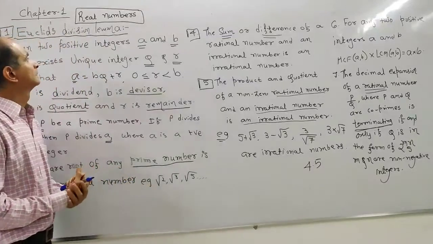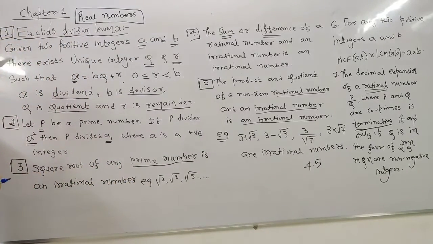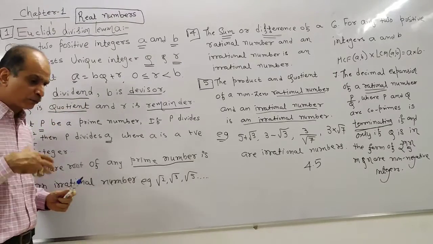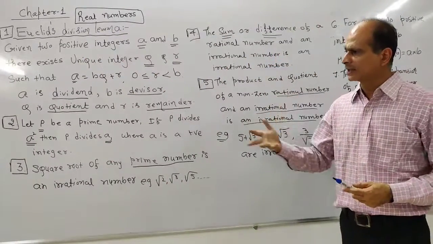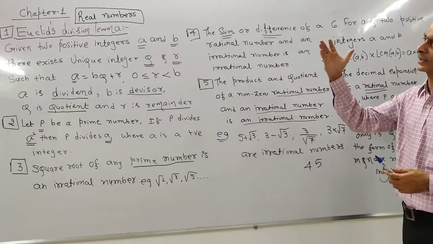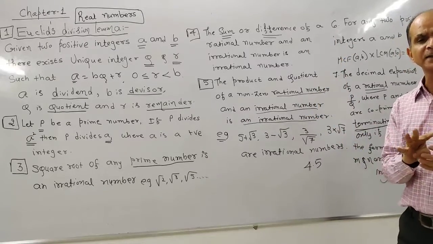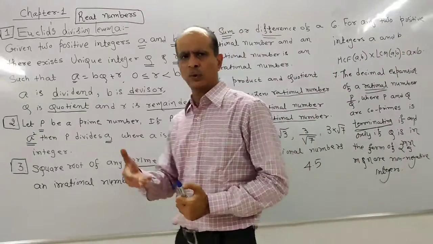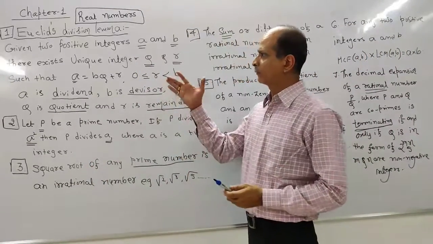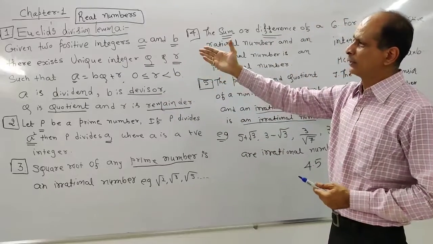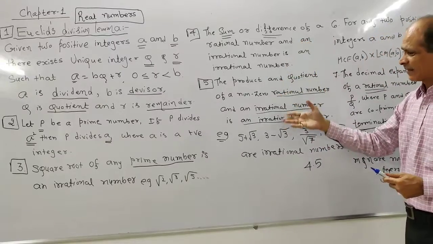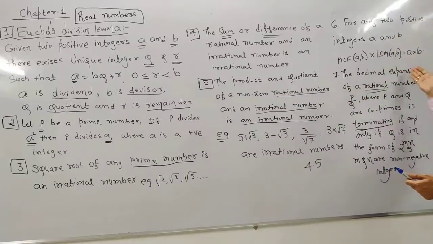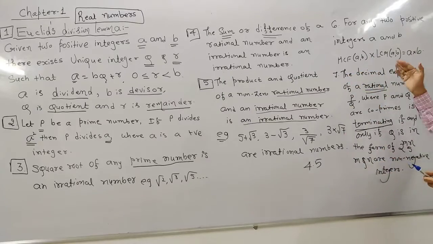Well, friends, so here we have covered all 7 main concepts of this chapter. If you recall these 7 concepts positively, then you can easily solve any example of this chapter. Exercise number 1: here only 4 exercises are there, 1.1 to 1.4. 1.1 and 1.2 are on the basis of Euclid's division algorithm. Third is in the form of HCF and LCM. And the 4th exercise is on the basis of this concept number 7.